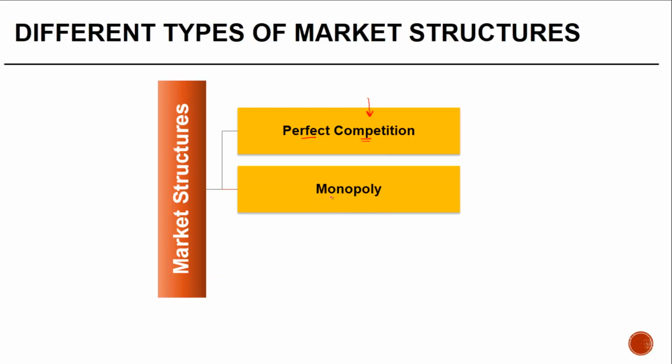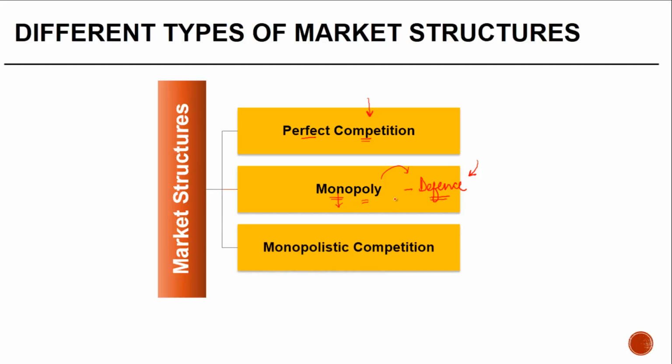Monopoly, just like the word mono indicates one, in this particular case, there is one firm which is able to influence the price and the production. So let's say if you take the case of defense, right? This is something which in the Indian context is controlled by the Indian government. They have a monopoly on the production, etc. on this particular item. It is opening up, but still it is very much under the control of the government.